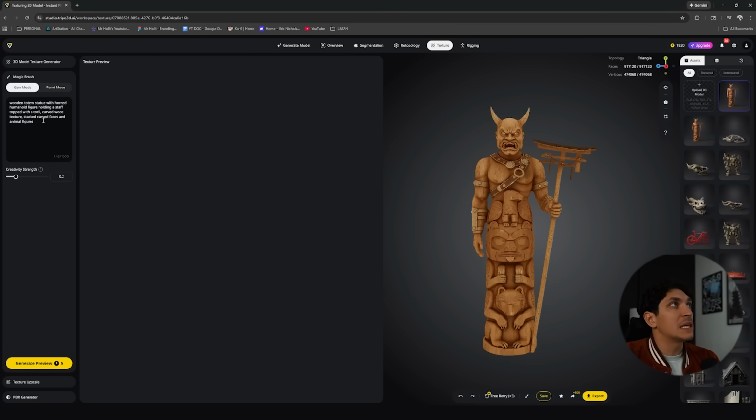that you can kind of paint on. So I'm actually just going to keep it how it is here, but down in the creativity strength, you can adjust this to be 0, which means it will be as closely matched as possible, and then to 1, which will kind of adjust the creativity and will not be closely matched. So I'm just going to go for a 1 just so you can see how this works. If you want, you can type in different stuff into the prompt here to kind of get a different looking statue. So you can say, I don't know, painted red, painted green, bear instead of an eagle for the chest,